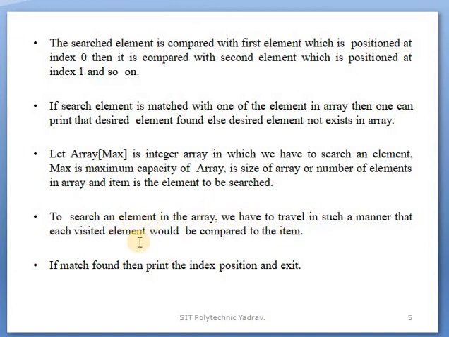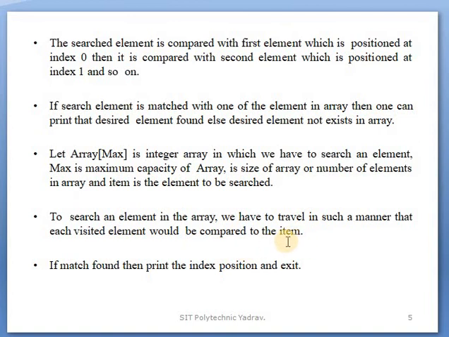The element which we search for is compared with each and every element in the array, with that index.